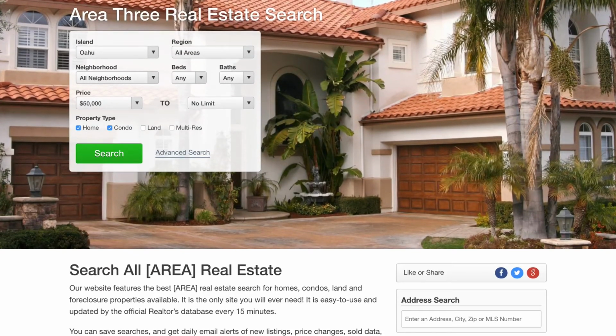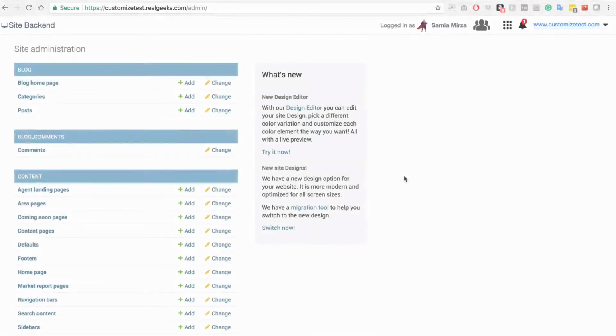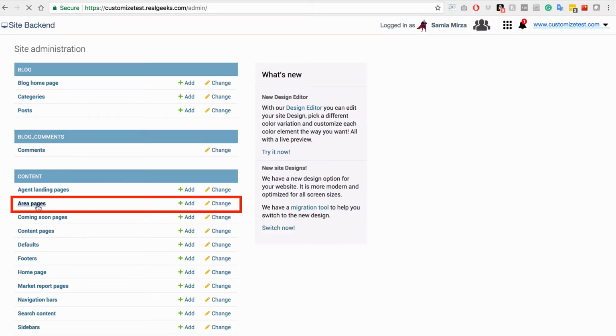Now, Area 3. Again, let's personalize the words Area 3 in the search box header, edit the region to something more specific in the search, change the word area in the header, Search All Area Real Estate, and in the content section below, let's change the word area in the first sentence, which reads, Our website features the best area real estate. Again, let's navigate to the site backend, and under the section labeled Content, let's click on Area Pages,